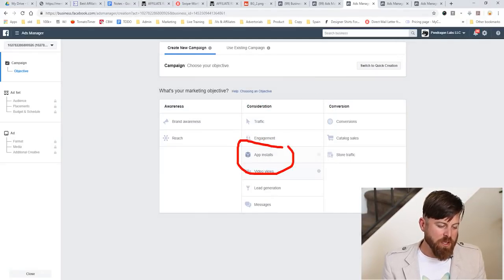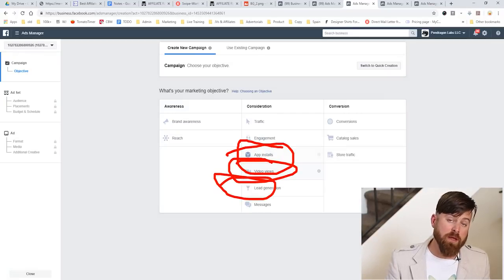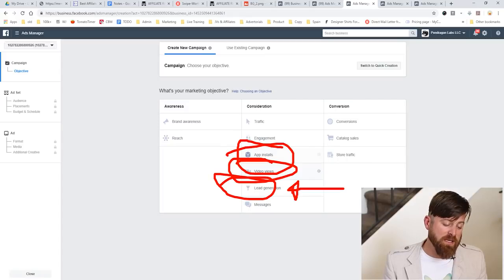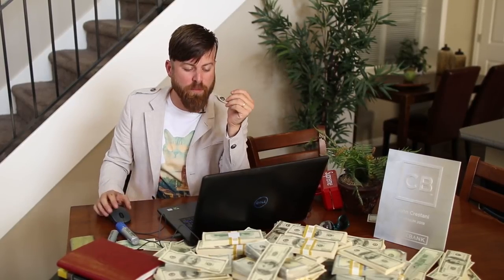Again, if you're going for app installs or videos or leads, you can try these other things. But even leads allows you to do the lead forms, which means you can capture people's information via Facebook. But to really use that, you need to have some sort of integration with your CRM. So most of you are running small businesses, the probability is you're running a small business, you probably just want to go for traffic because integrations take time and technical experience.